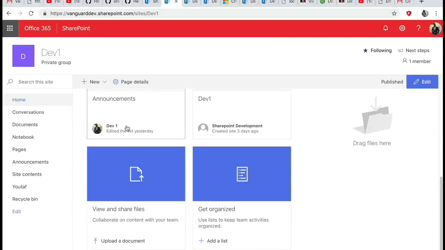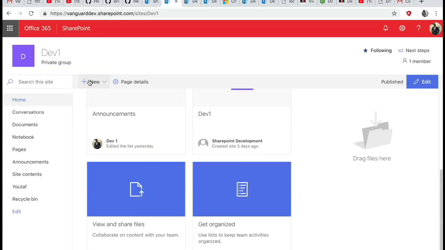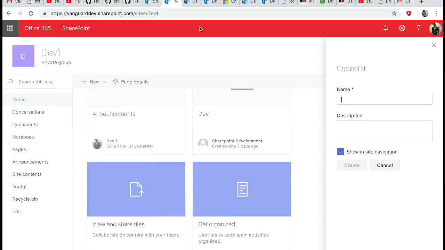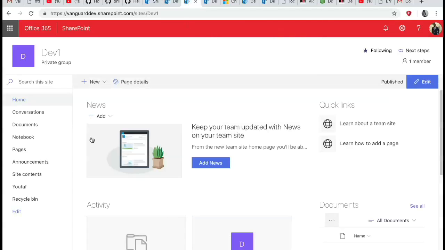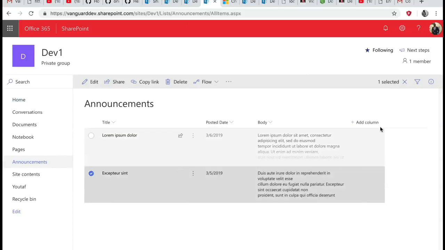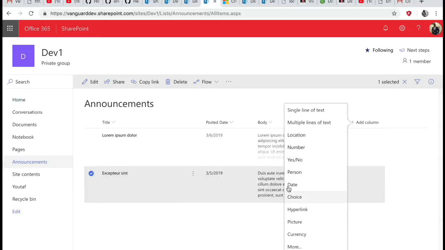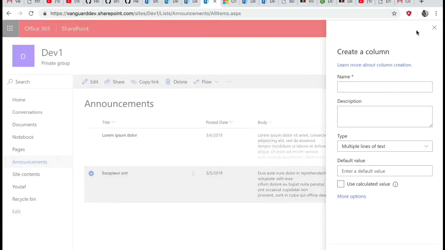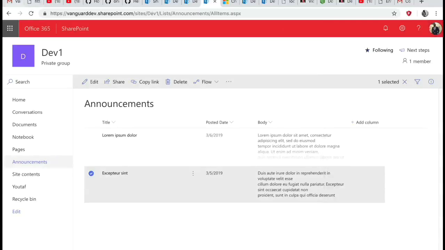From this page, I was able to create an announcement by clicking new. When you click new, you select list, then you have this. After creating it, I had something of this nature. From here, clicking this, I created the date the same way. I created the body, and immediately after that, I stored